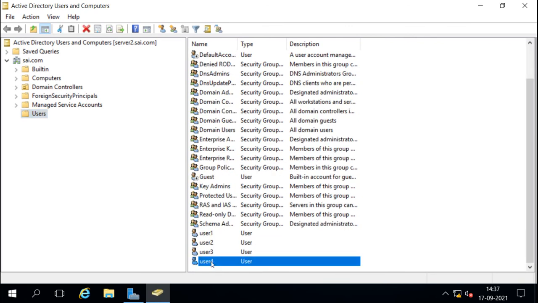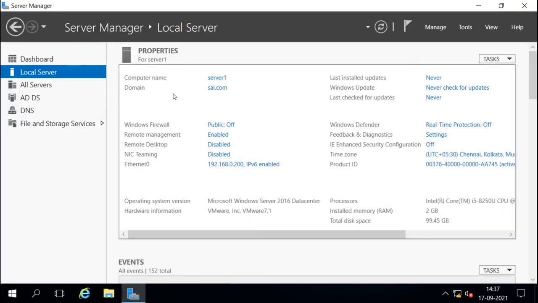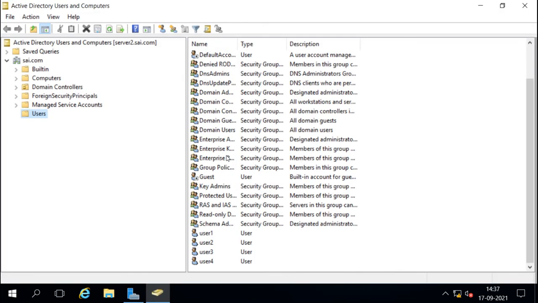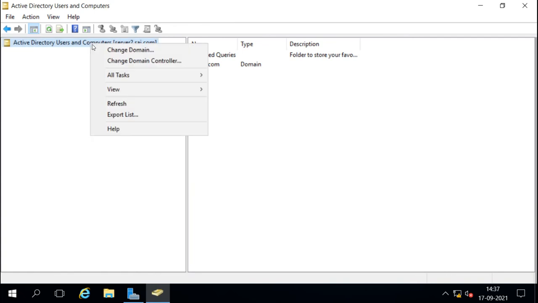It is available now, and this is on server 1. Let me change the domain controller to server 1.